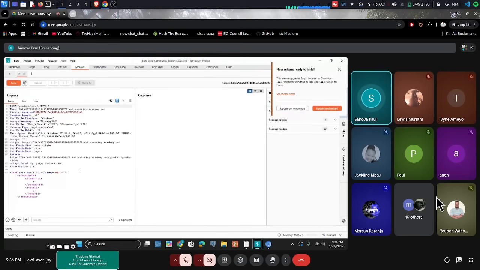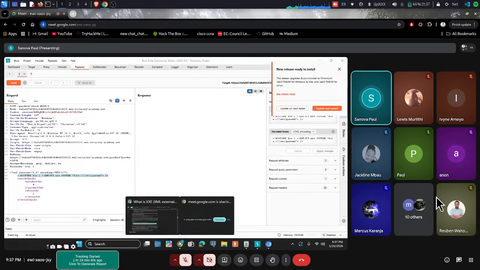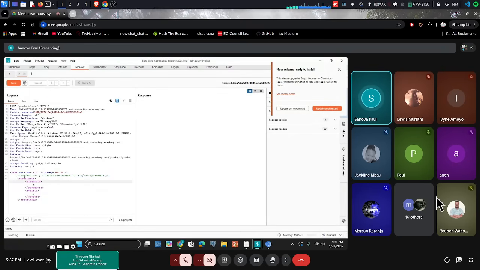Nikuje hapa, unaona tu hapa tu chini ya hii UTF-8, just paste hapo doctype foo XXE. Now our external entity is this, unaona. So tumekuja tu tukafanya, but before we start, mnikumbushe niwaulize niwaambie doctype foo ni nini. So it's just doctype foo, and then after you do that you put these